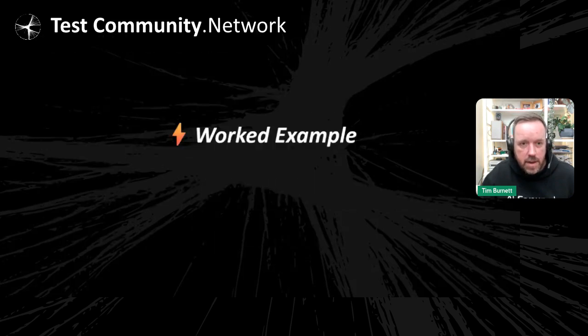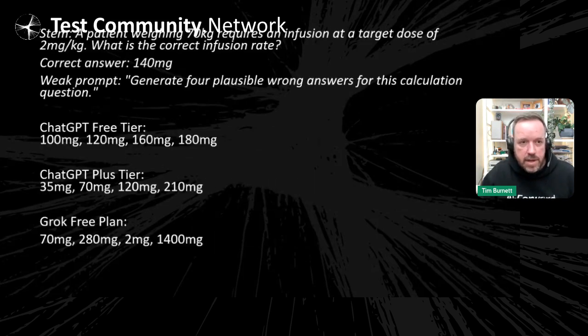Okay, so a worked example. I'm just going to give you a quick example of one that I've gone through. This was an experience I encountered when I was working with a warning organization. It was a different kind of question, in a different context, but a similar space. Here we've got a patient weighing 70 kilograms who requires an infusion with a targeted dose of drugs. What is the correct infusion rate? It's giving the answer there. I've no idea if this is right or wrong, but it's just making a suggestion.